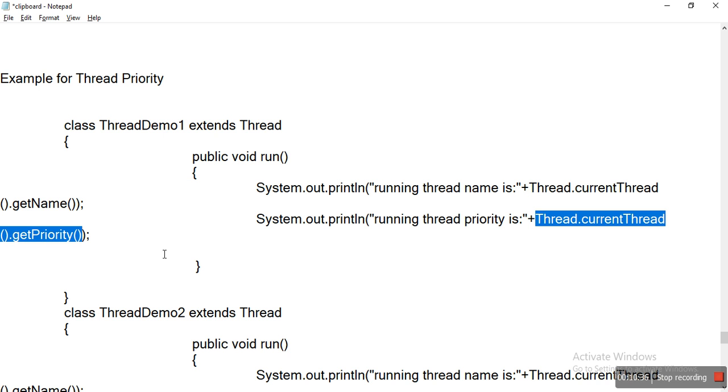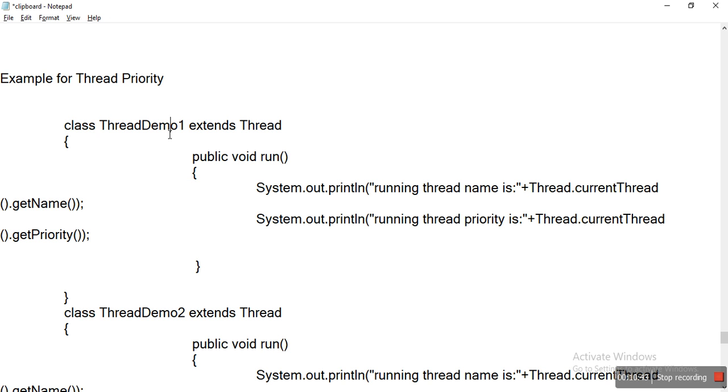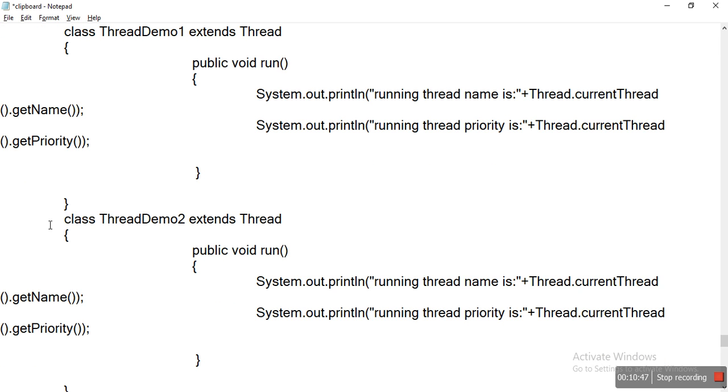This is the first thread, ThreadDemo1, which extends the Thread class. Similarly, ThreadDemo2 is also extending the Thread class. Within this class also we overrode the run method.